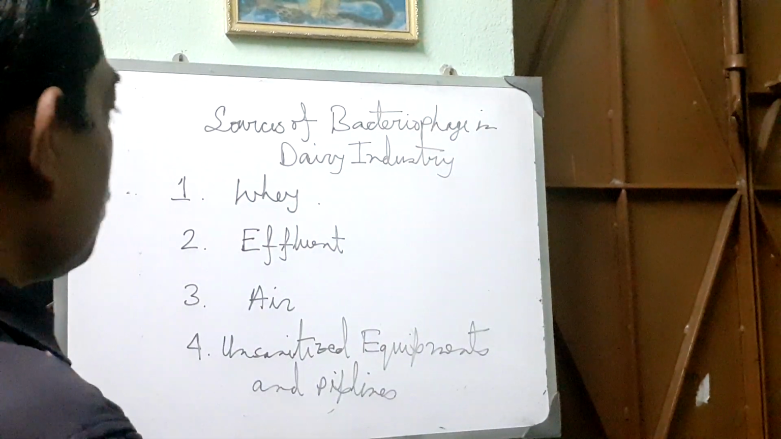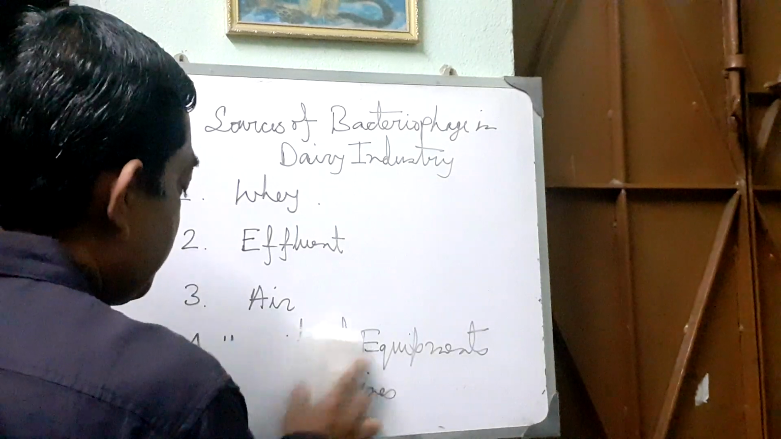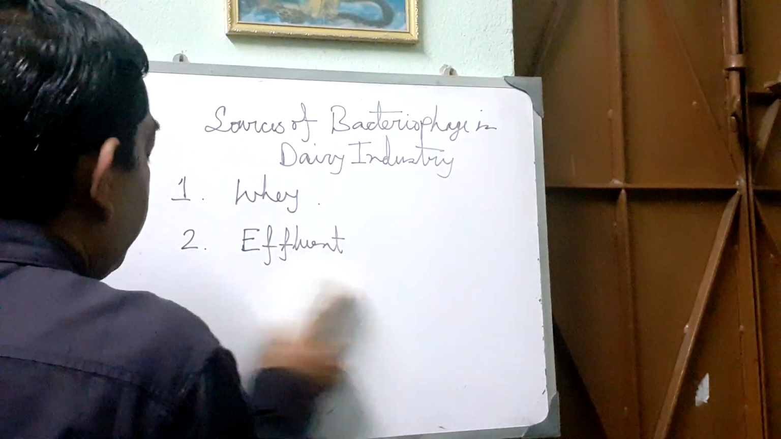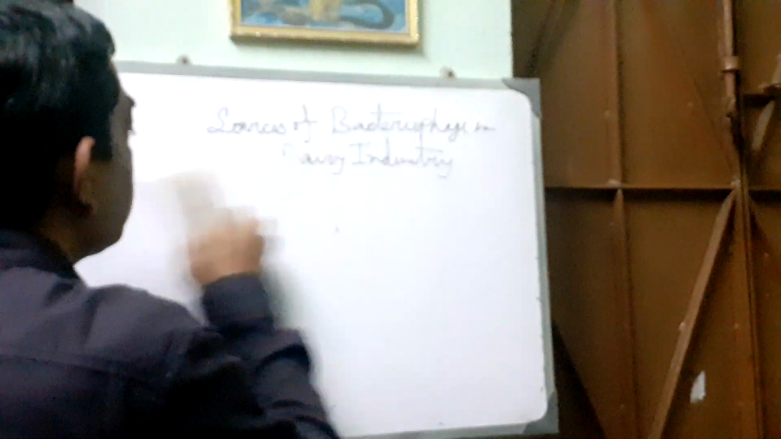So these are the main sources of bacteriophage in the dairy industry. We are talking mainly about the dairy industry. Starter cultures are mainly used in the dairy industry and the breweries industry. In the breweries industry generally yeast is used, but in the dairy industry bacterial starter cultures are mainly used. And now,